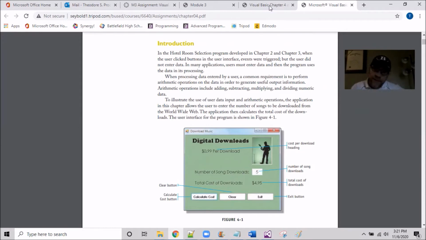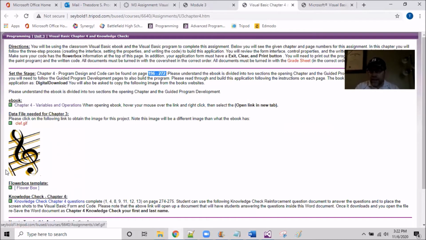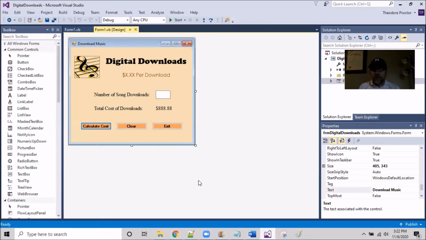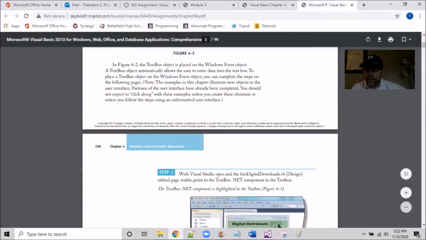Now back on the website, and you can notice this man here real quick. I'm just using a different image. Okay, like a little note here, so you don't see a man, it's just a little note. And I actually take it one step further, and I'll open the application, and you can see how it may look on a product that I've built that's maybe a little bit different than what you see there. So out of the ebook, and you can see my background and my form is more of a wheat color. So I'm going back to the ebook just to compare what's going on here, a couple pages, just so I can